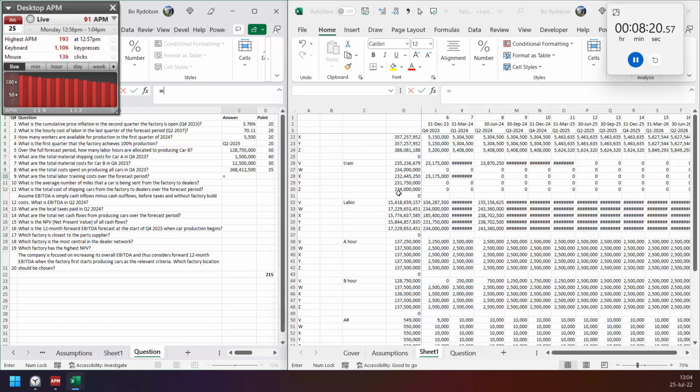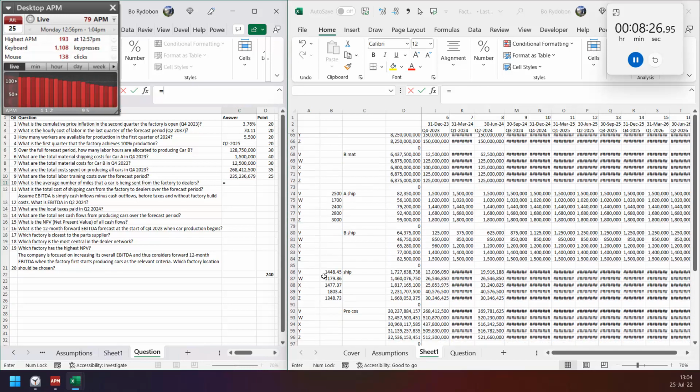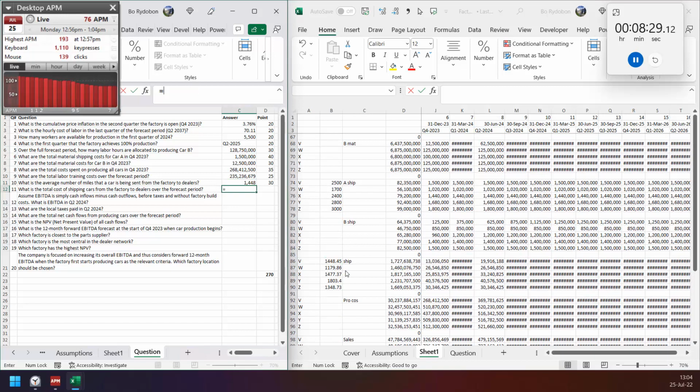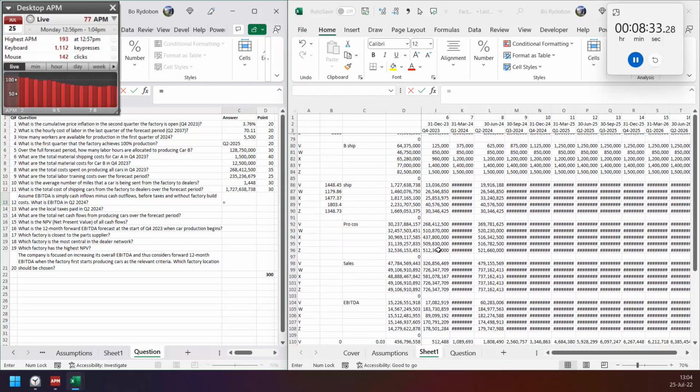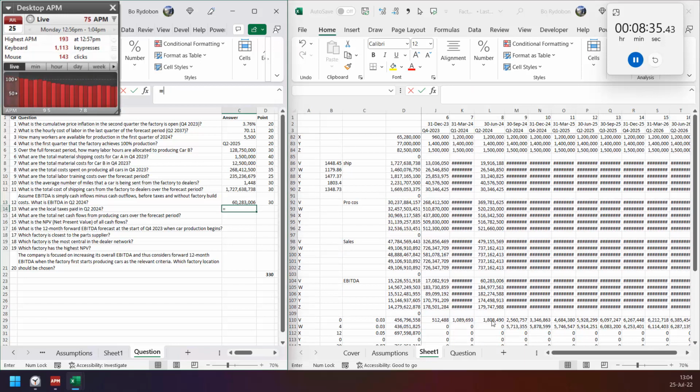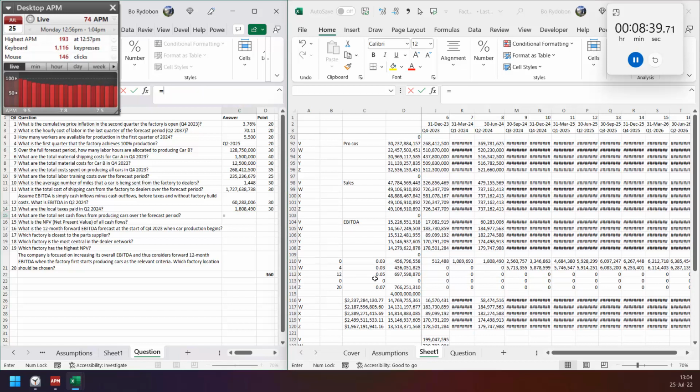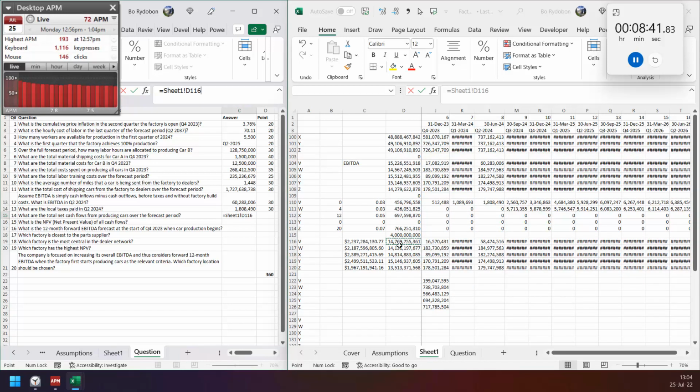And training cost. And number of miles here. And shipping cost here. And EBITDA, and then tax, then the cash flow, net cash flow, and NPV,